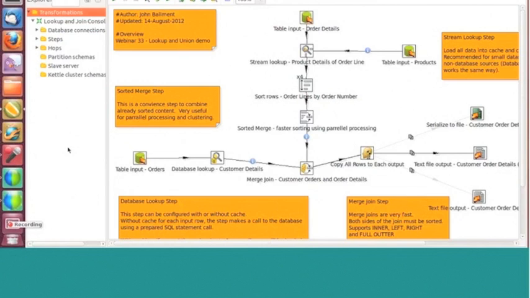We'll begin by having a look at this really complex ETL job that I've got set up here, which actually initiates all but one of the lookups that we're going to be looking at today, which is the web lookup. As you can see, this one does a database lookup, does a merge sort, does a merge join, does a stream lookup, and